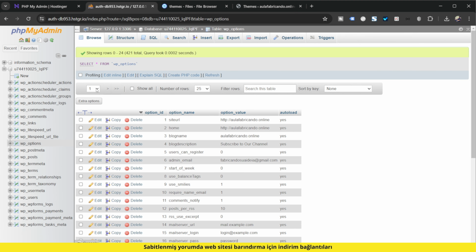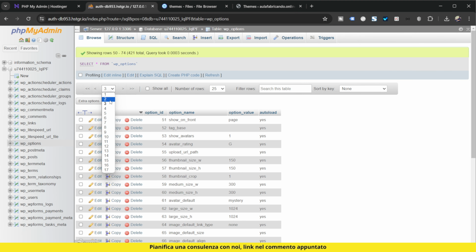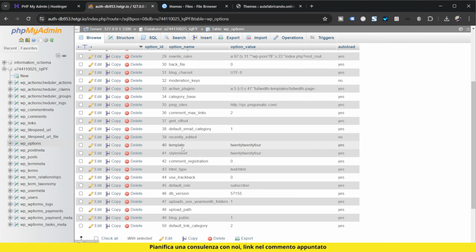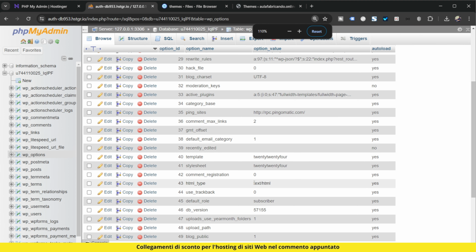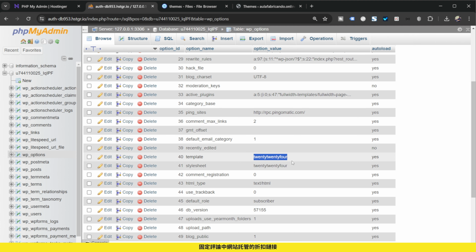Let's switch here to page 2. And here we find the template and stylesheet. Here are the two entries you need to change your WordPress theme. So let's go. Let's assume I don't want to use this theme because this theme is causing a problem on